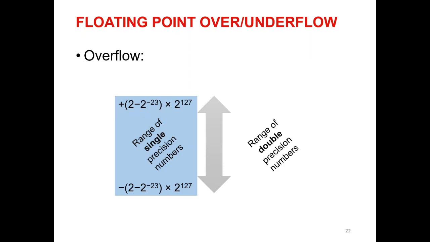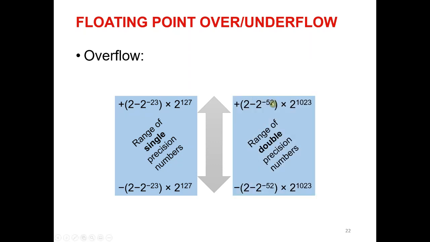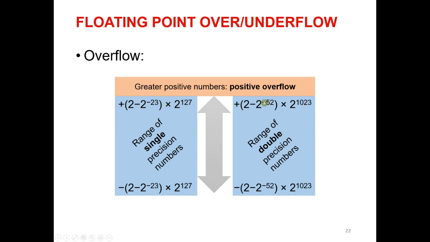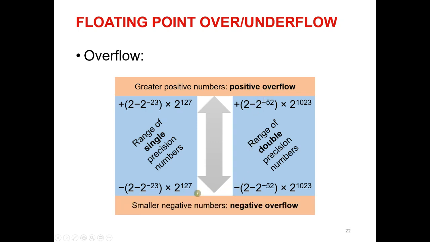For double precision, it's the same, but what changes is that we have 52 bits for the significand, for the fraction, and then with 11 bits in the exponent we can represent up to 1023 positions. So this will be the range for double precision numbers, and that was the range for single precision numbers. This will be the maximum number I can represent, and this will be the minimum number. Any number larger than those values is what we call overflow, or positive overflow. And any number smaller than those values is what we call negative overflow.